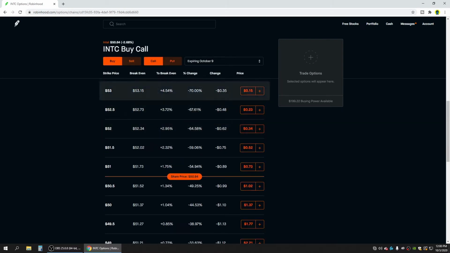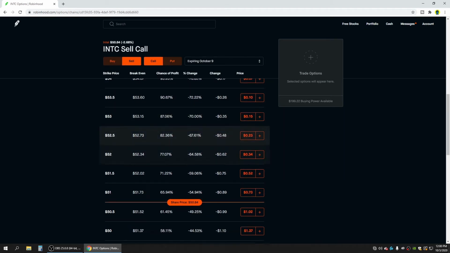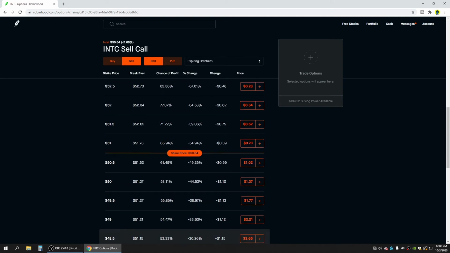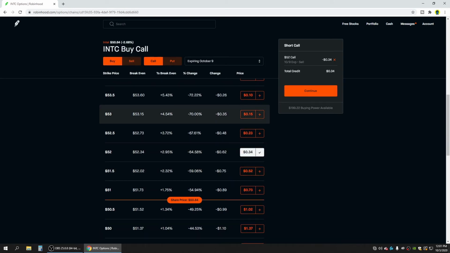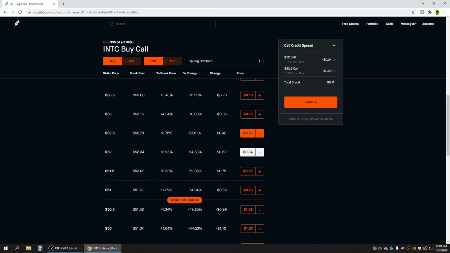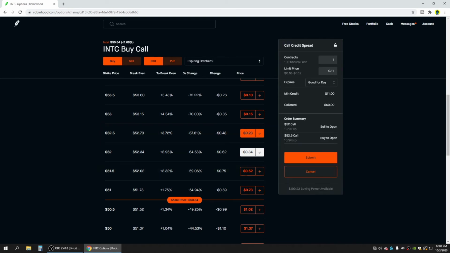So let's start with a call credit spread. We're going to be selling the one that's closest to in the money. So we could sell any of these contracts, even the ones that are in the money, but I'm going to do this 52. I'm going to sell the 52 call, and then I'm going to buy the 52.5. So as you can see, I'm going to be receiving a total credit of $11, and boom, here's our preview